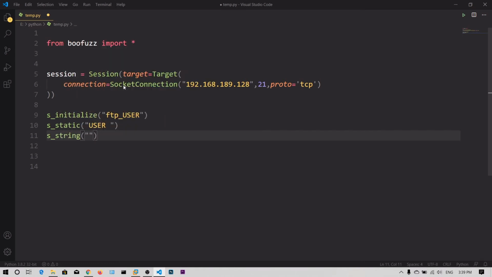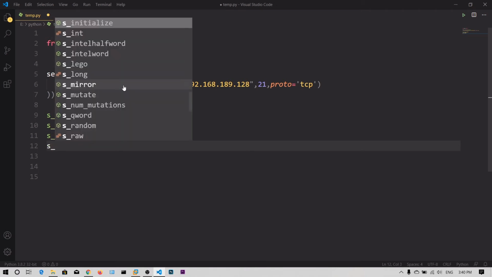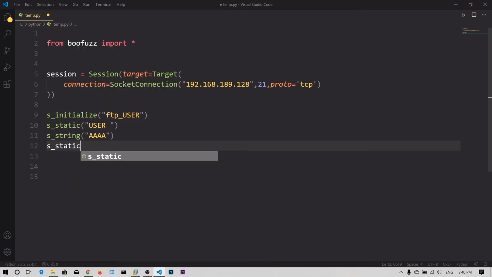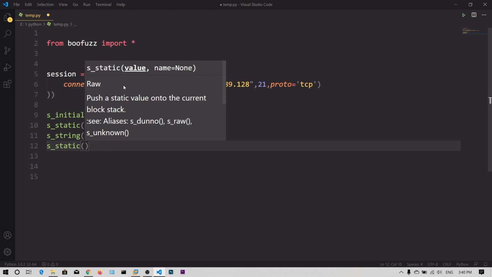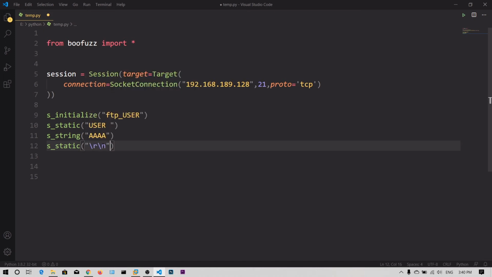The buffer fuzzer will replace it with numerous data. Finally we are going to append a carriage return line feed, which is also used in web servers. It moves the cursor to the start of the line and also adds a new line, /r/n. Now our fuzzing template is completed.